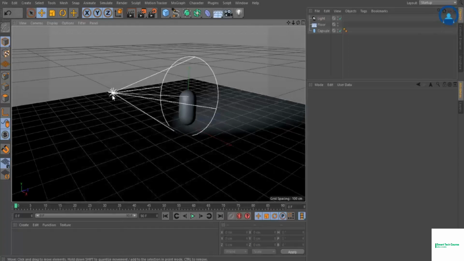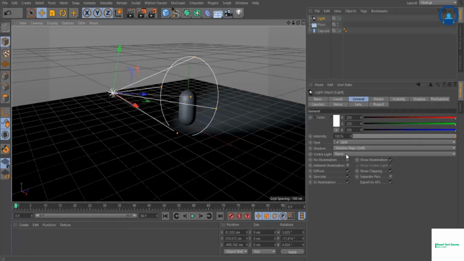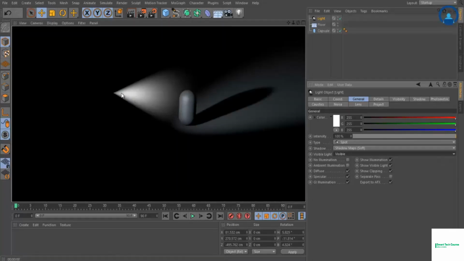So for that we can use this option called visible light. I click on this and say visible. Fine, and I render it. You can see the source of a light, from where we start the light and where it is going, something like a torch effect or the other kind of effect that we see in real life,